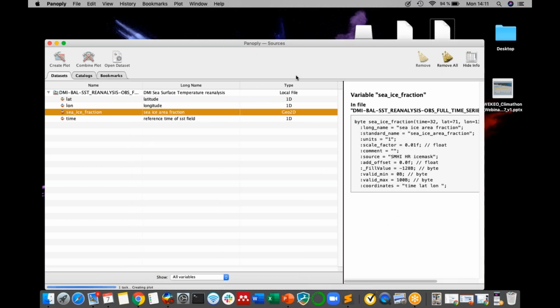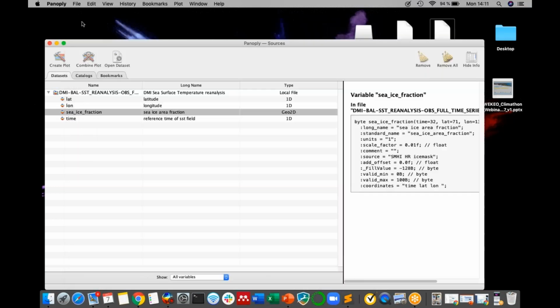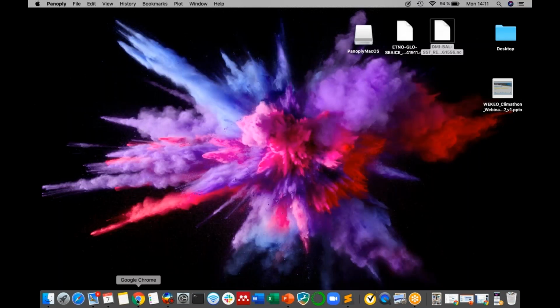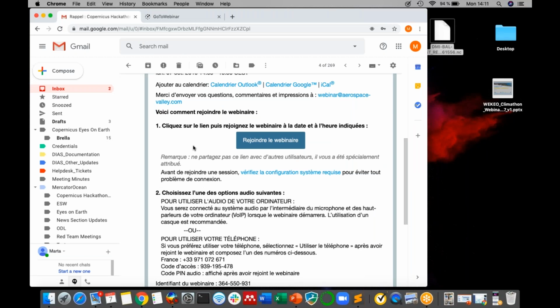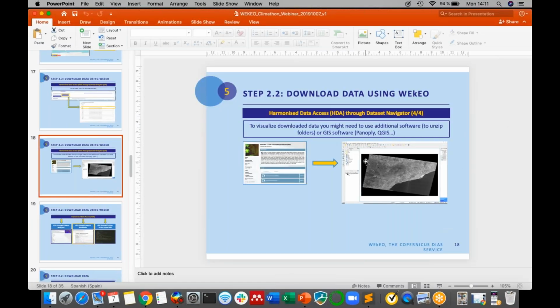And with this other tool, I can also visualize it. So in this case, it was some temperature in the Arctic Sea. It is very small. So depending on the accuracy that you want for the data, it might be better to use one or another. If I continue now